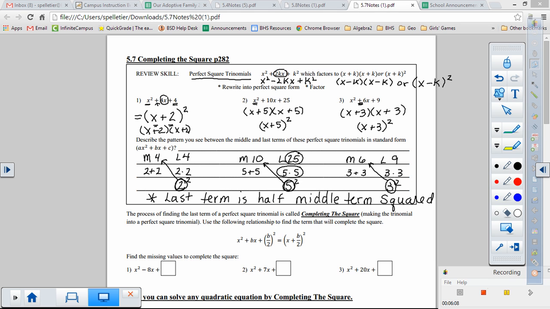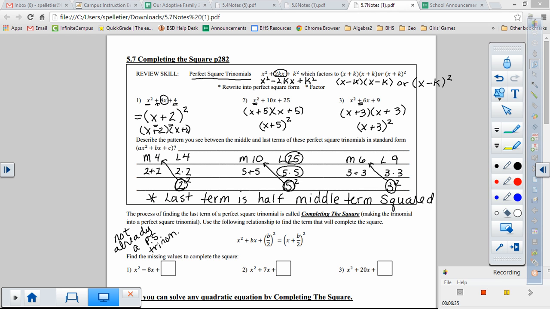So underneath the box it says the process of finding the last term of a perfect square trinomial is called completing the square, making the trinomial into a perfect square trinomial. That is when it's not already a perfect square trinomial. And since it's not, we're going to make it into a perfect square trinomial, so then we can factor it